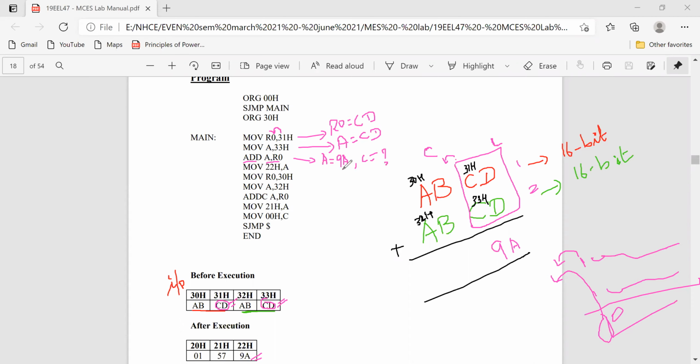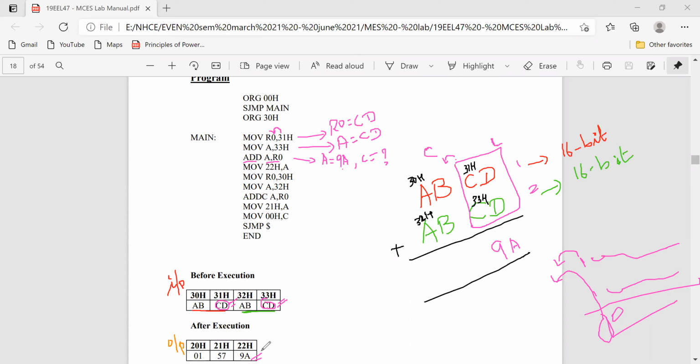So I want to push this resultant data to one of the output locations. So I'm going to store it in one of the outputs. This is my output location. I have decided 20H, correct?